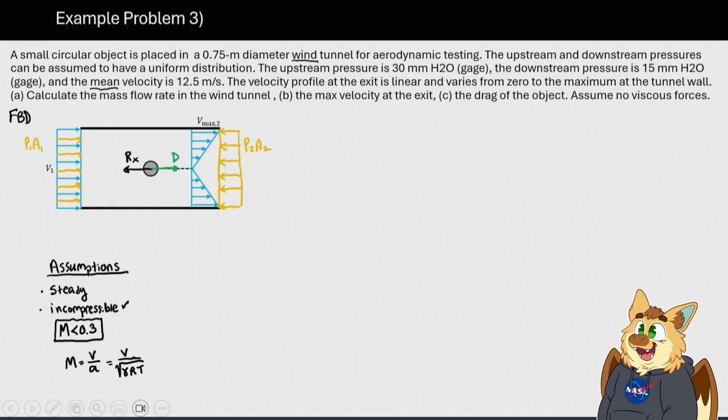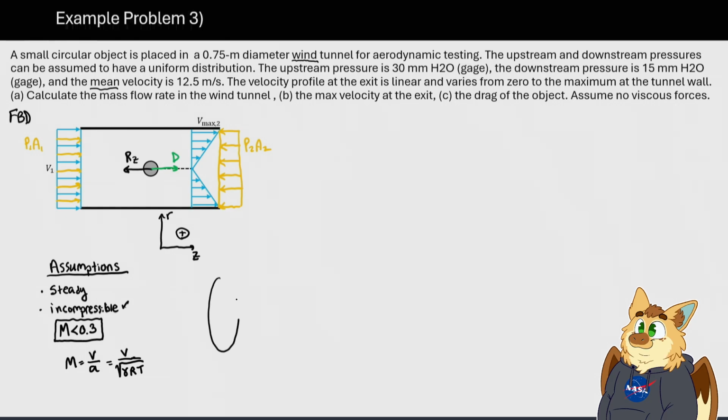So that's great. And I wrote Rx here, but I want to make something clear. We are going to be using polar coordinates. So technically, this will be the z direction. And if you're not familiar with polar coordinates, we have the z direction to the right and left. This will be positive to the right. And the radial direction going upwards, because this is a pipe cross section here, right? So if we look at the pipe here,